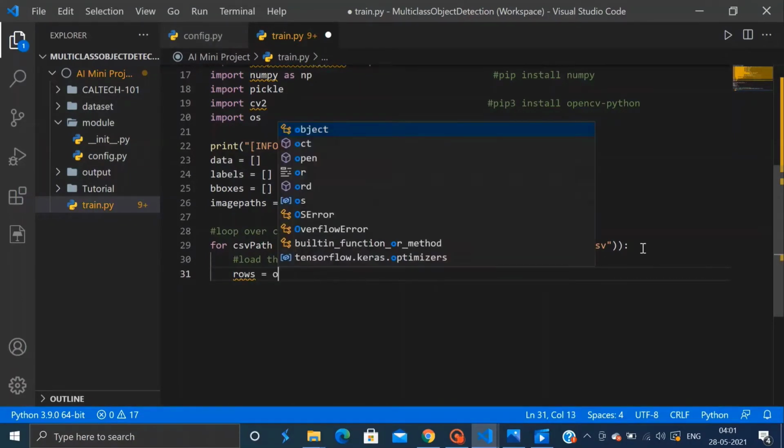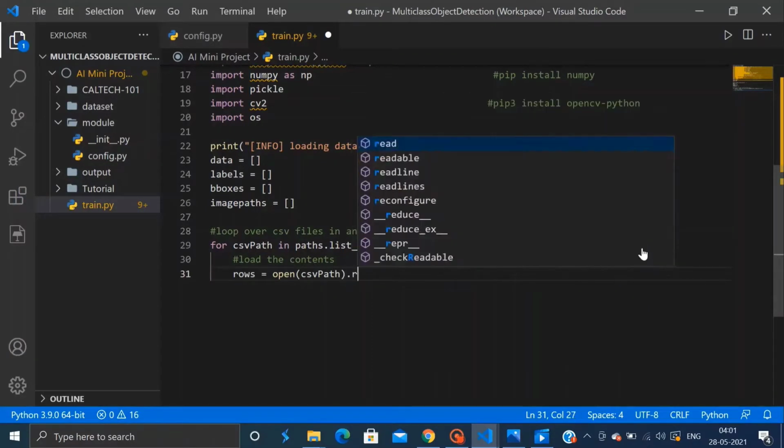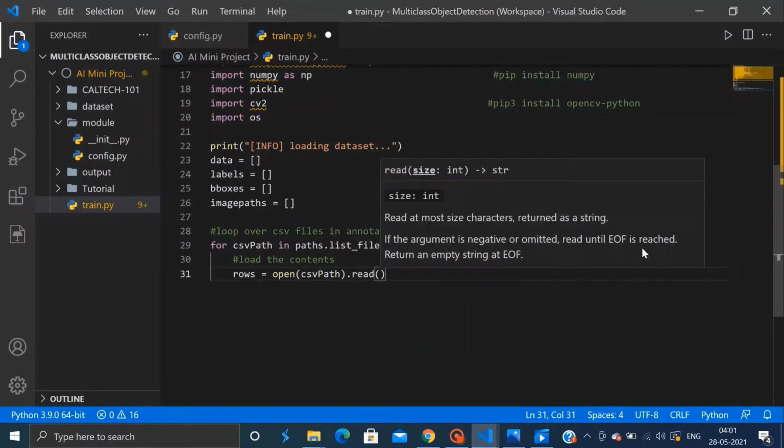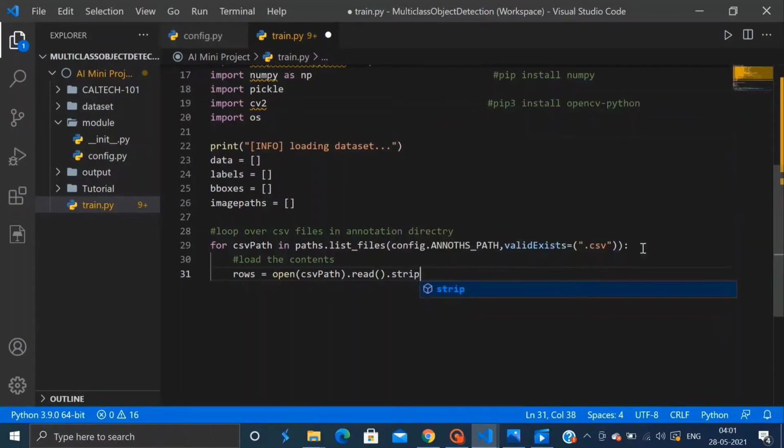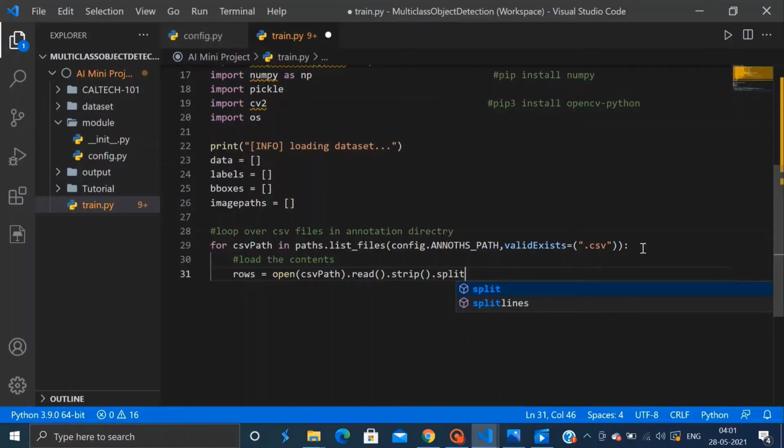For this I'll write rows is equal to open(csvPath).read().strip().split() and then a line break.